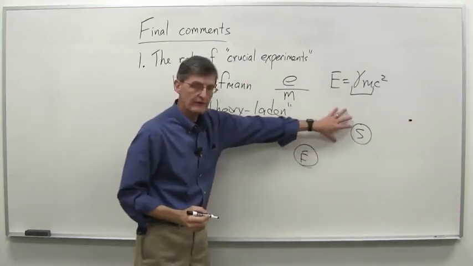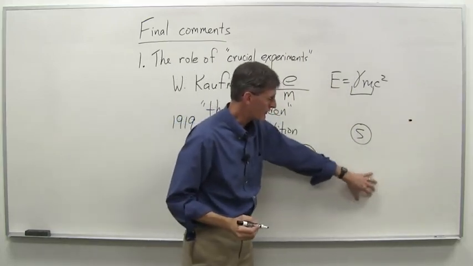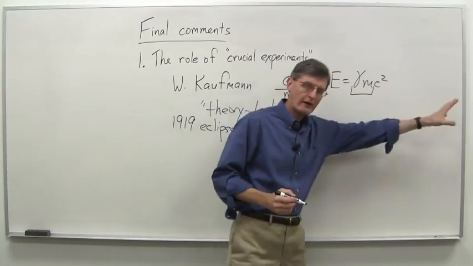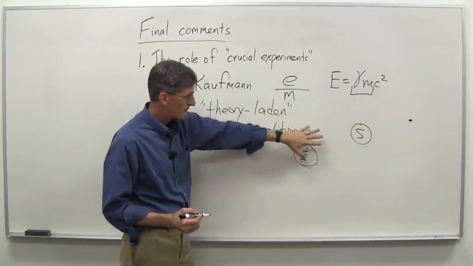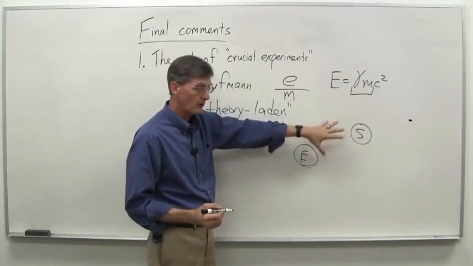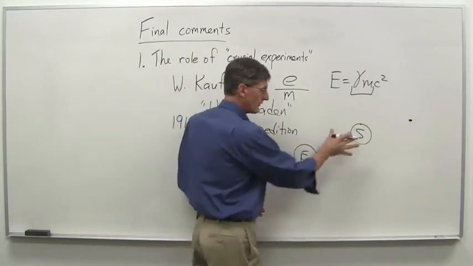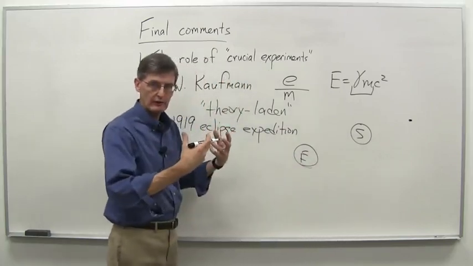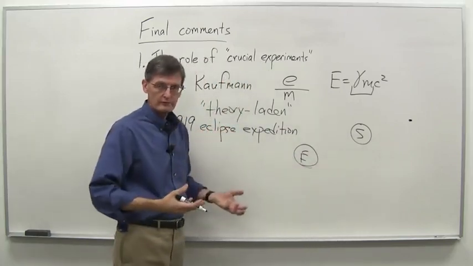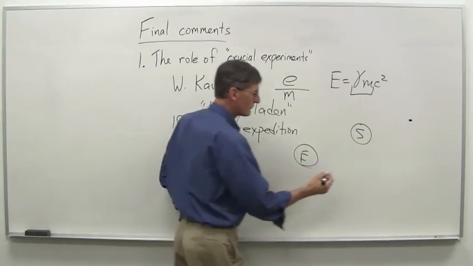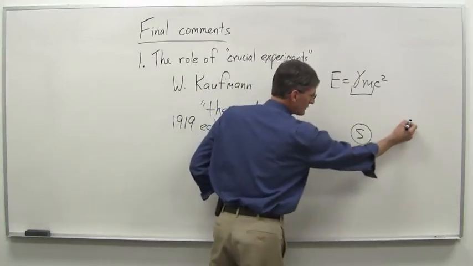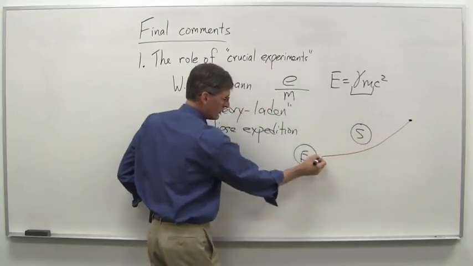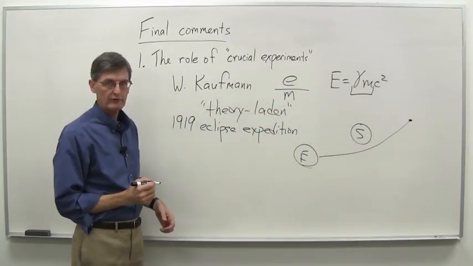And when the sun's not there, so when the Earth is over here, we can observe that star, which of course is going to be way out there. And it's in a certain position. But when the sun is between the Earth and the star, if Einstein is correct, then the gravitational field of the sun, as we argued, will actually bend that light. And so the starlight, instead of just going in a straight line like this, will actually take more of a curved path to the Earth.